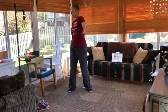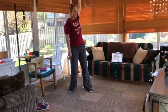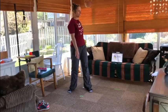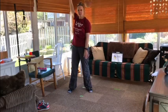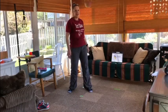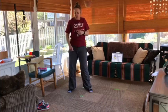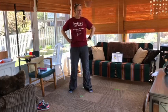Try and roll your upper body from side to side if you can as well. That'll give you a little bit easier range of motion when your arm goes behind you. Very good. Give your shoulders a roll. Nice job. Very good. All right, next thing we're going to move on to is we're going to warm up